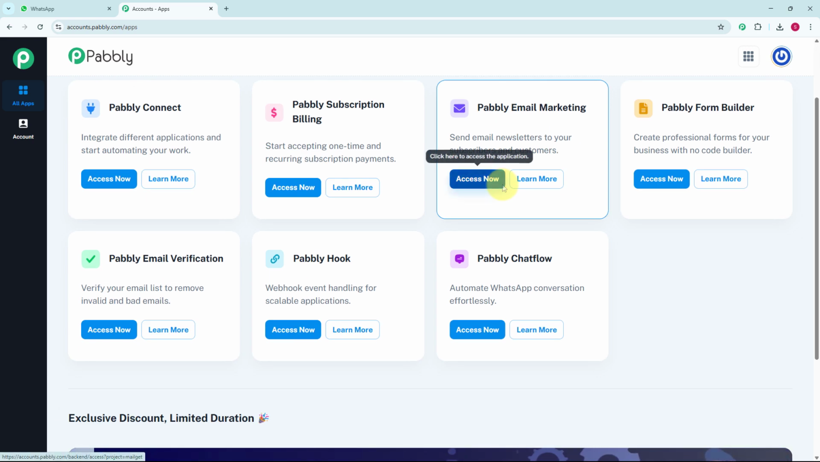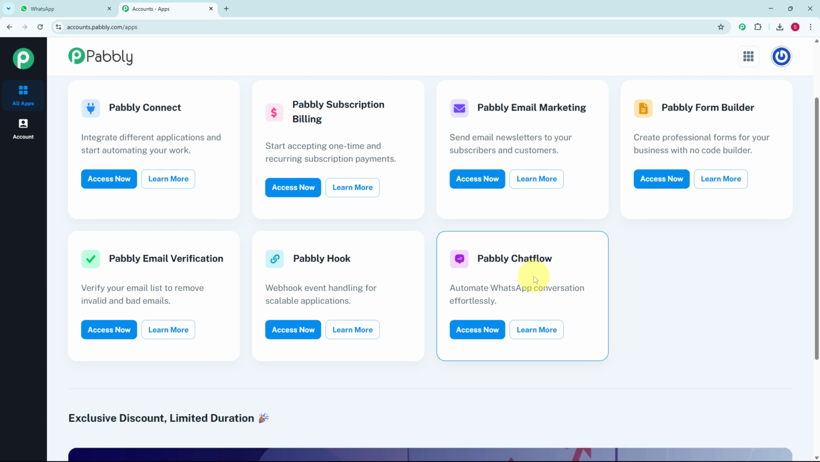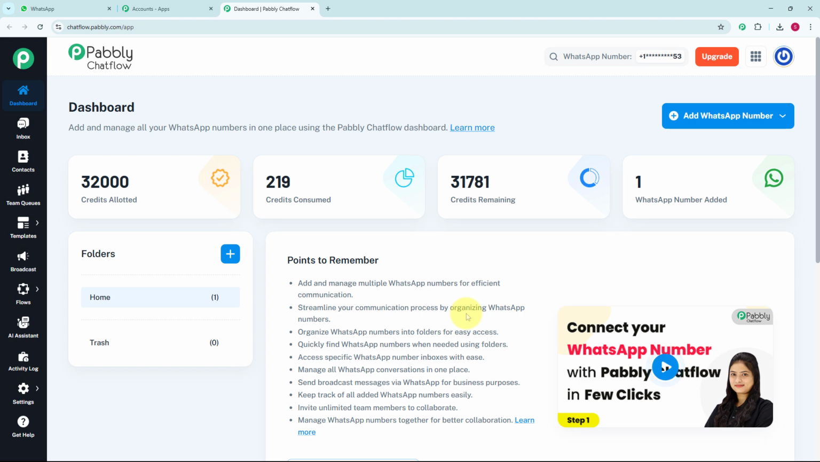You can access any of these apps according to you, but for creating a chatbot, we just need to access the Pabbly Chatflow app. In this Pabbly Chatflow app, here you can see we are getting two buttons, that is access now and learn more. For accessing the Pabbly Chatflow, we just have to click on access now. Once you click on access now, you will get this dashboard page of Pabbly,